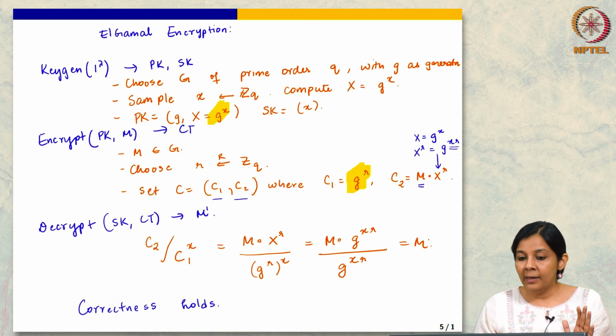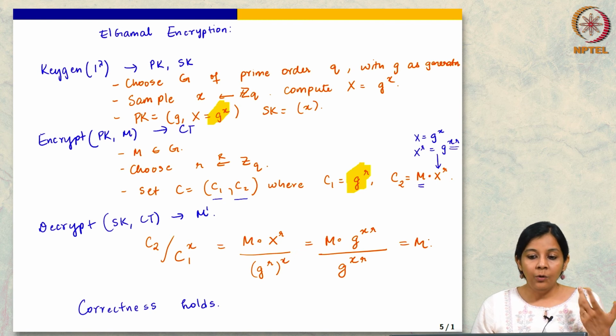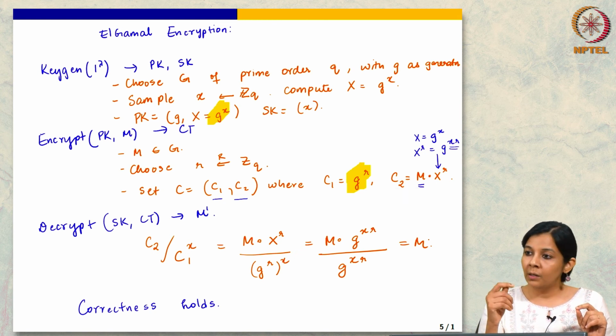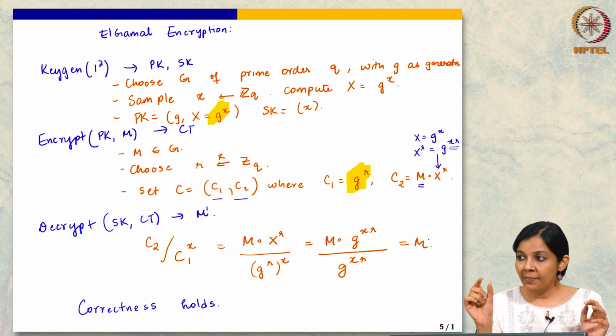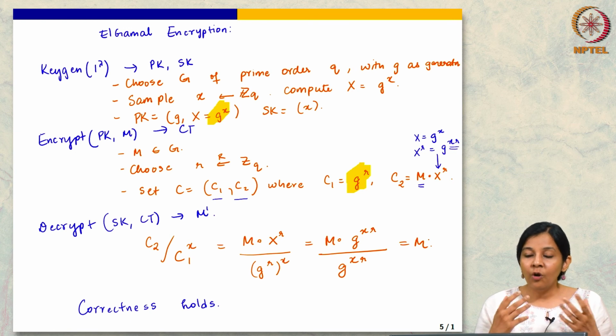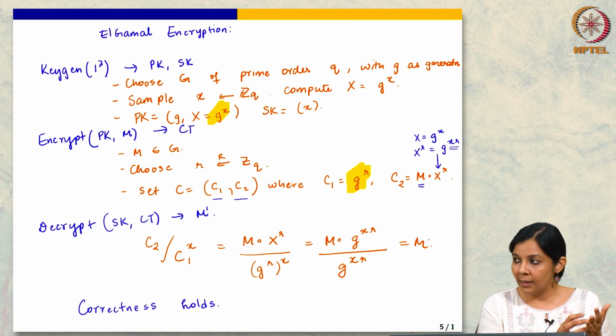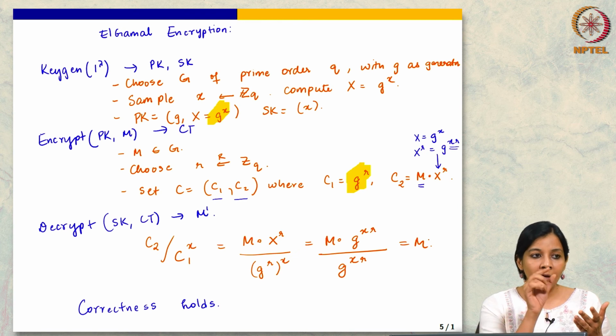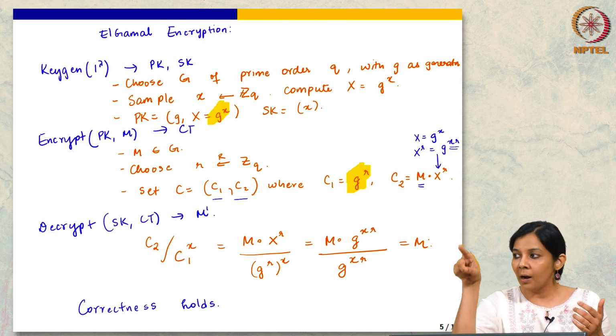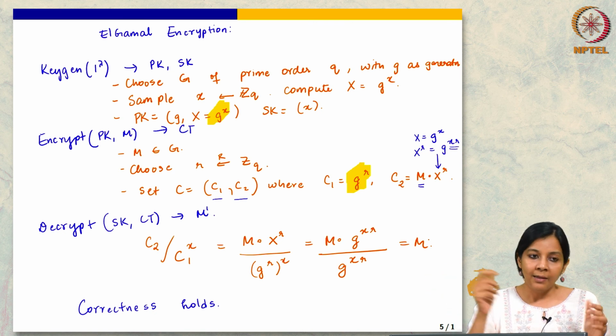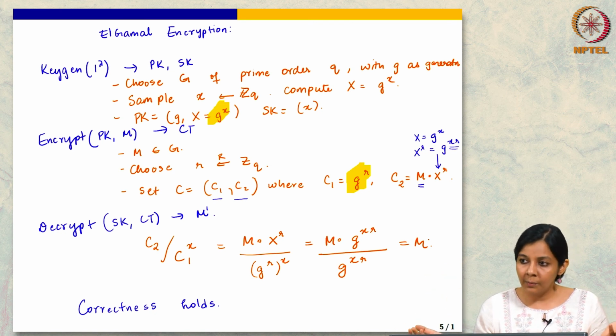Now our El-Gamal encryption scheme, what did it do? It used g and g to the x as the public key, and the x, the discrete log, it kept as the private key. Okay. Now, in order to embed the DDH assumption into the scheme, it is very natural that if I gave g and g to the something in the public key, I give the remaining g to the something and g to the product in the encryption, right. There is nothing else, there is only encryption and decryption. So, all the attacker sees is really the public key and the ciphertext.